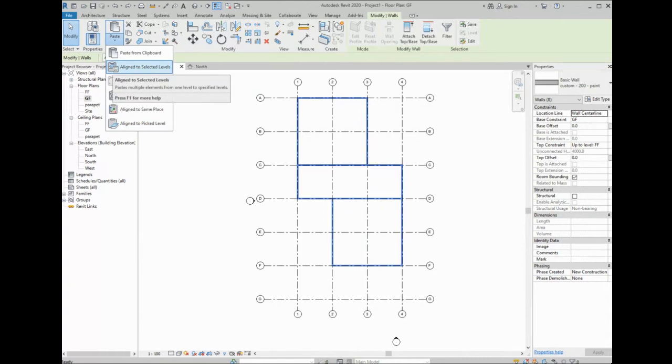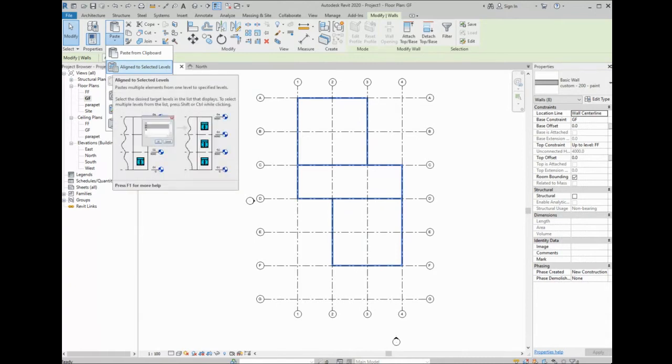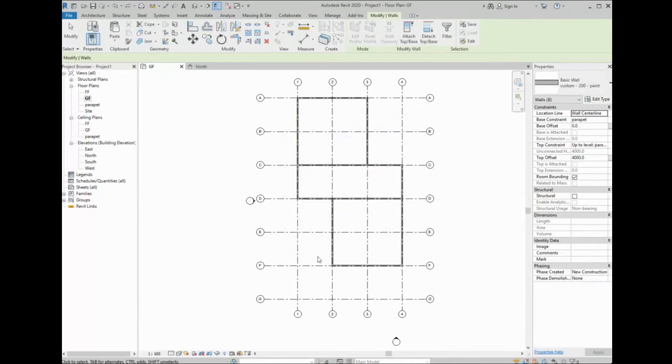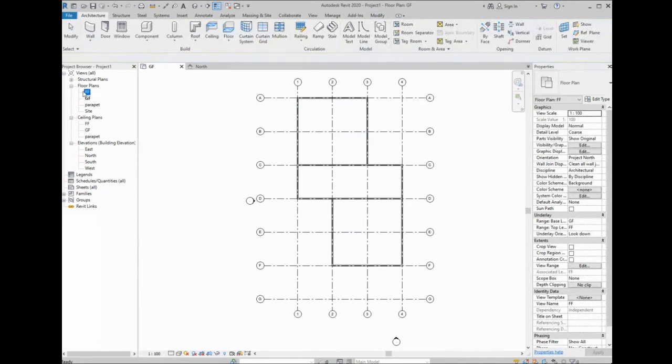What I'm going to select here is align to selected levels. I will select first floor and parapet, and then I will click on OK. If you don't want to add the parapet wall, you don't have to select it. You can select only first floor. Now when I go to the first floor,